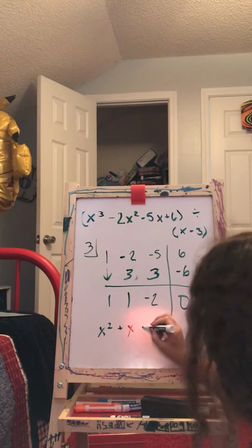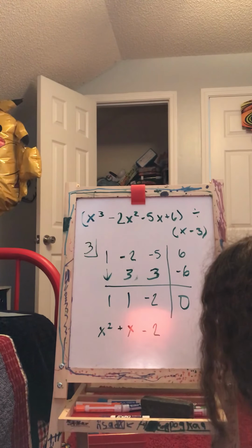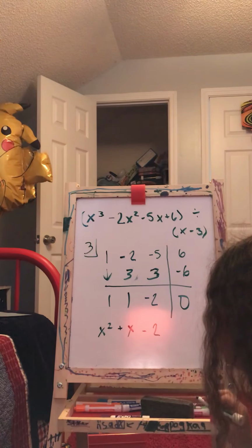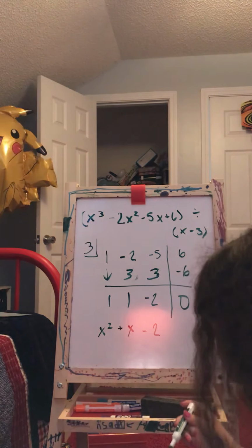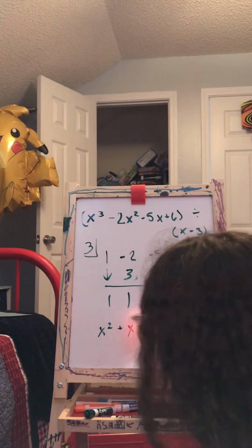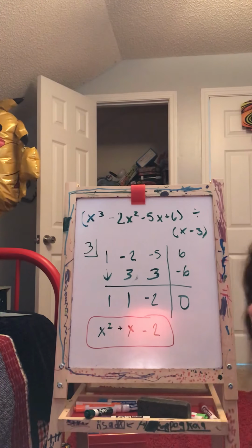Plus, okay, and then minus 2. I think that's it. I don't think you have to do plus 0, but if you do, I'm sorry. But yeah, I think this is your final answer here. So yes, that is how it's